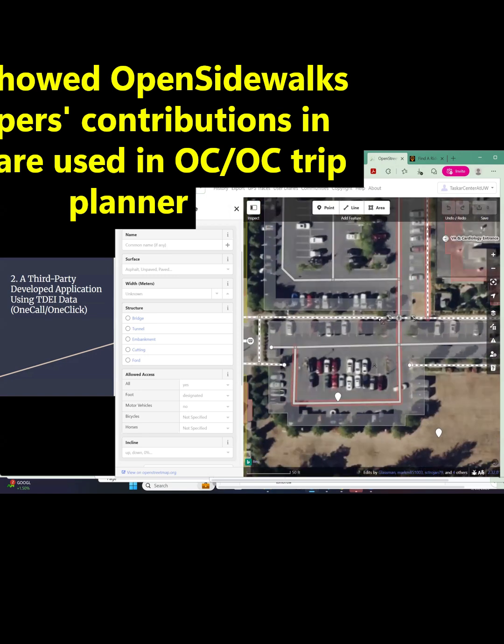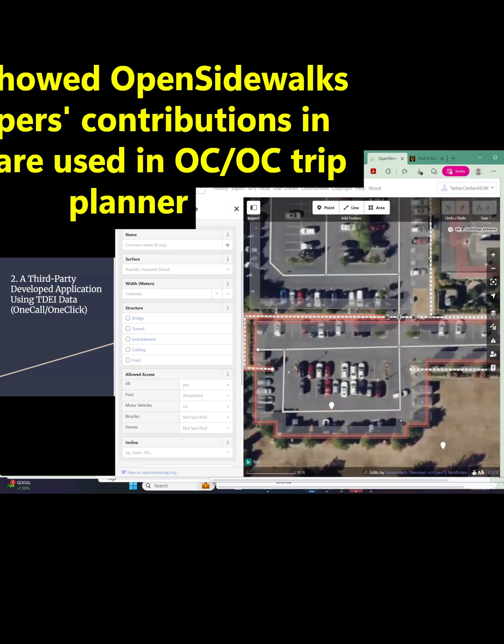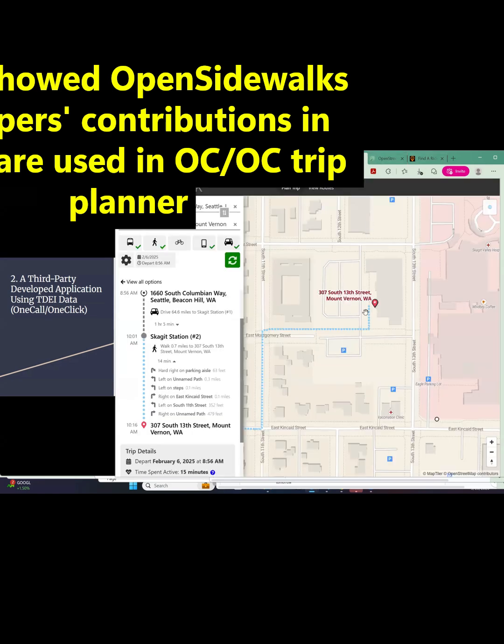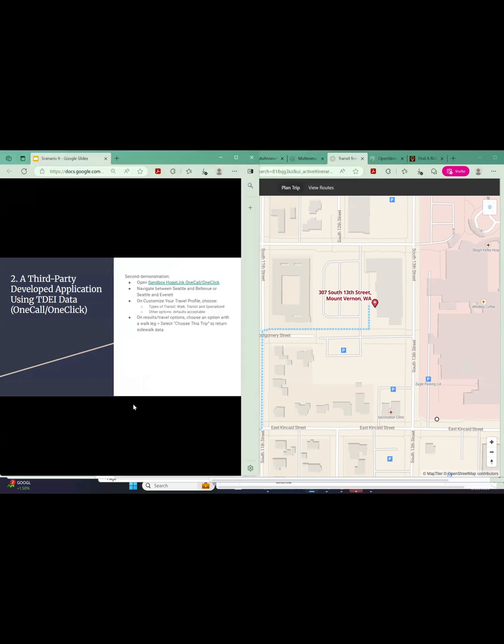And we can see that all of this data were the contributions of Nick Bolton and Glassman, etc. And so this is the infrastructure that is currently being used to produce these routes on the HopeLink trip planner. Lastly, we can show the sandbox and navigate from Seattle and Bellevue to customize the travel profile.